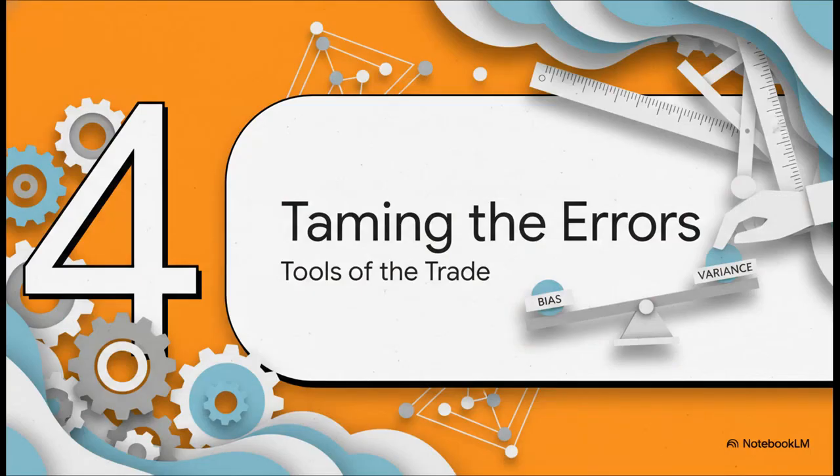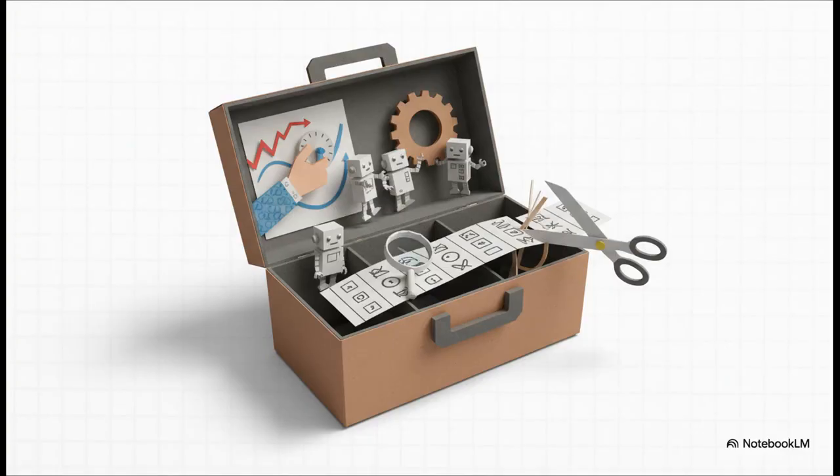All right, so how do we tame these errors? This is obviously a huge challenge. So how do the pros, the practitioners, actually manage this whole balancing act in their day-to-day work? Well, they've got a whole toolbox of methods at their disposal. For instance, there's a technique called regularization. You can think of it like putting a leash on a really complex model. It intentionally simplifies the model just a tiny bit, so it adds a little bias on purpose to stop its variance from spiraling out of control.